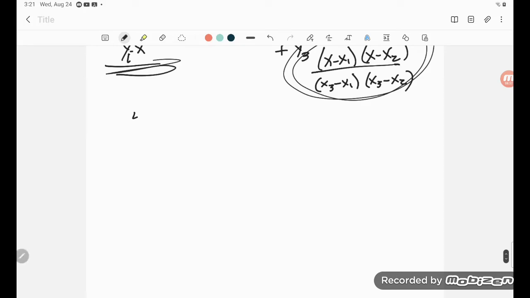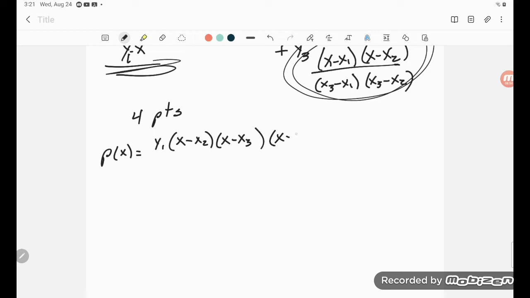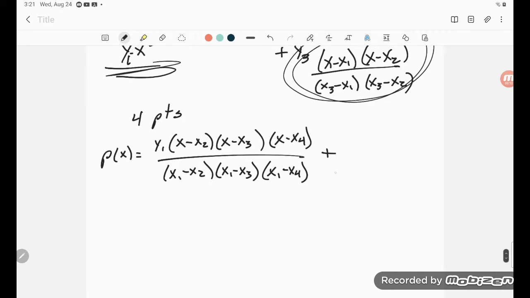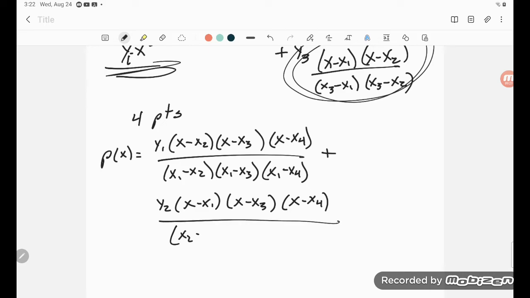And real quick, with 4 points, I would have my p of x, and I would have a y1, and I would have x minus x2, x minus x3, x minus x4, so this is a cubic, divided by x1 minus x2, x1 minus x3, x1 minus x4, plus y2, x minus x1, because that's not a 2, x minus x3, x minus x4, divided by x2 minus x1, x2 minus x3, x2 minus x4,